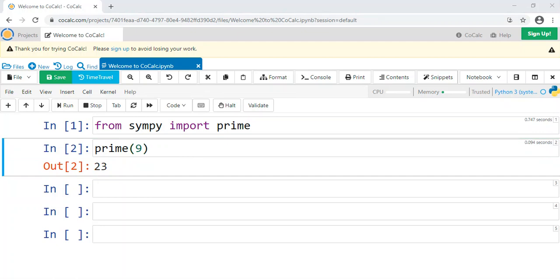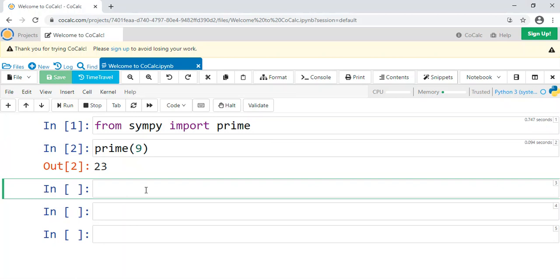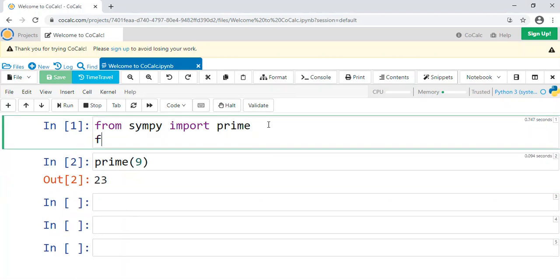Okay, and so this is great if I know that I only want to use prime, but what if I then say, now I want to use sympy's square root function? Well, I need to import that again special. So I would do, up top, I guess, from sympy import sqrt.